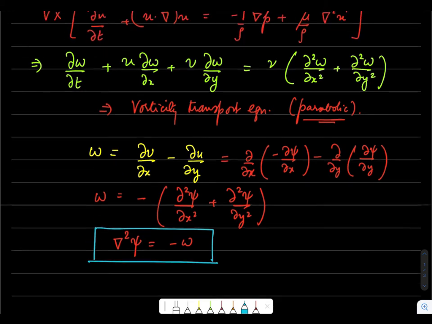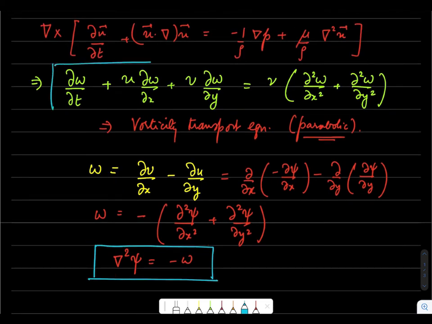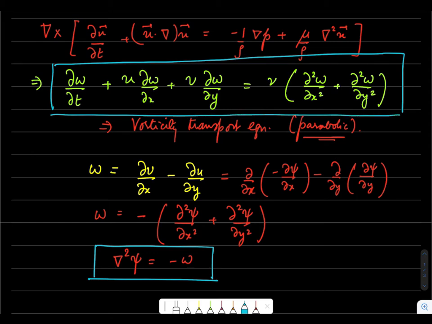So this will be the second equation, and this is the first equation that we will be solving using the finite difference method. So these are our new governing equations, and as you can see now there are only 2 equations which need to be solved as against 3. So we have an elliptic equation, and then we had a parabolic equation.